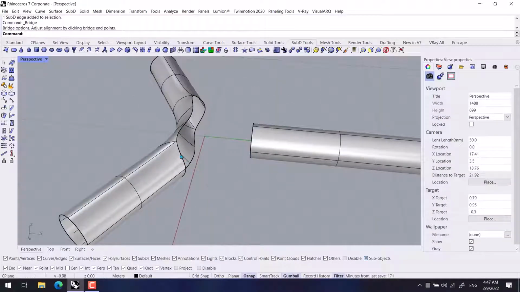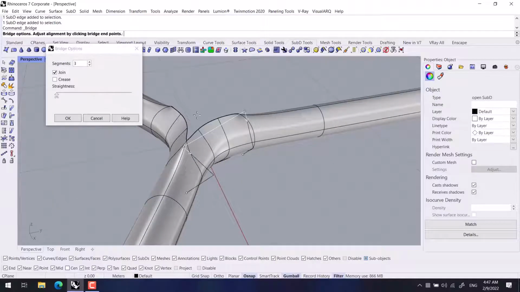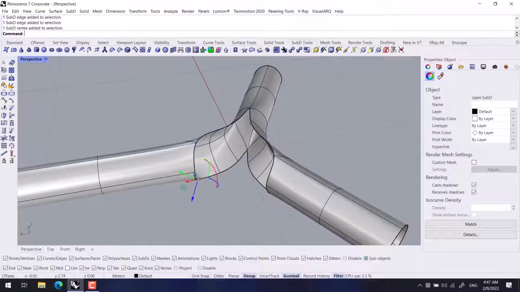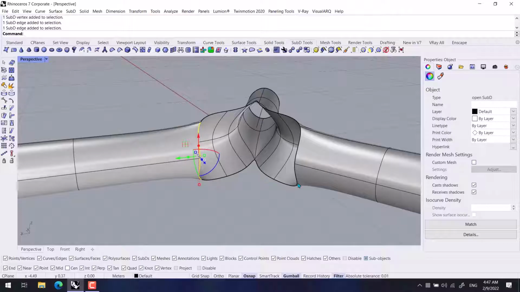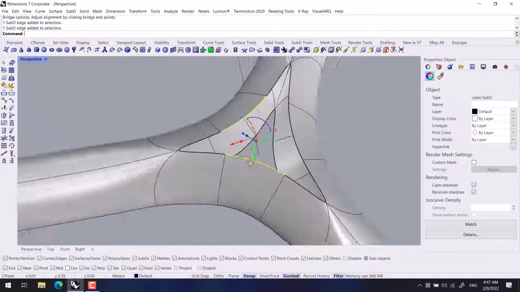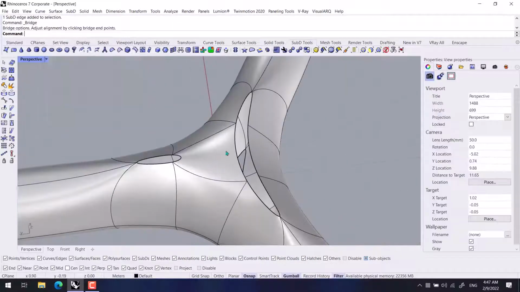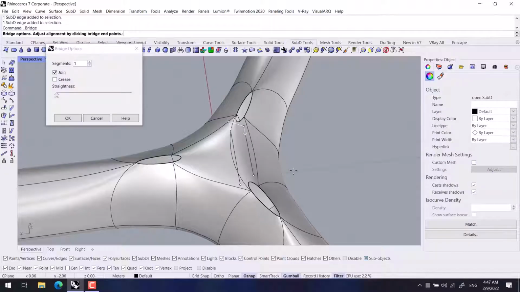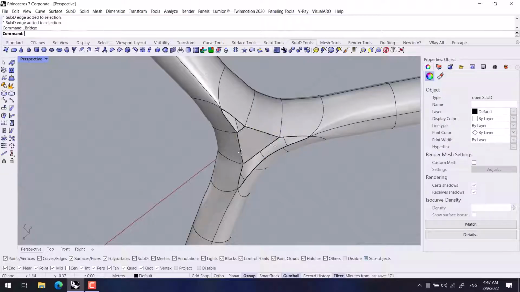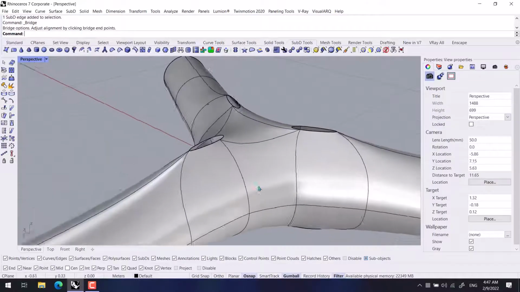Okay, now again I select these two and this, and I bridge them as well. These two and again these two. Maybe these two again, and these two. And you can also do this to the lower part. Now I try to do it fast